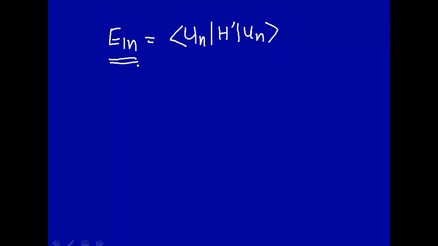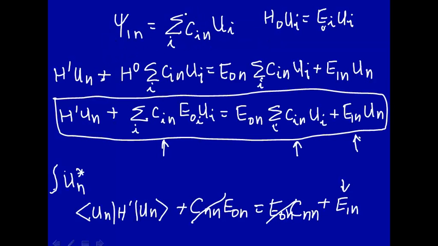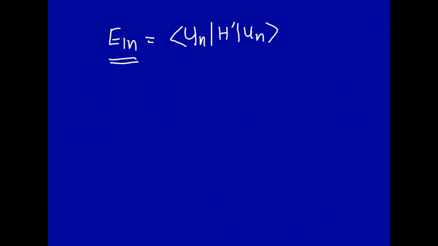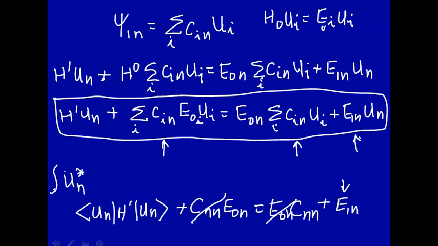Oh, we got it. And now, how about the corrections to the wave function? We got the corrections to the energy. Corrections to the wave function are equivalent to finding these values of these expansion coefficients C_i^n. How are we going to do that? Well, for that, let's take this equation, and instead of multiplying by u_n complex conjugate and integrating over all space,